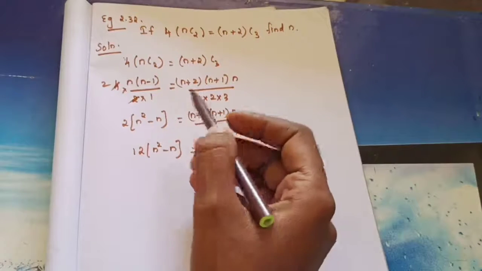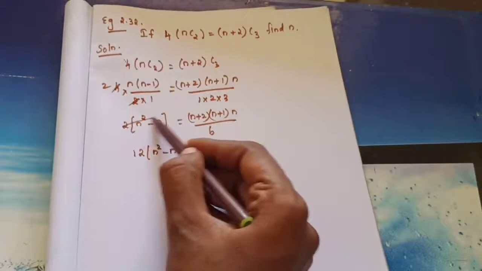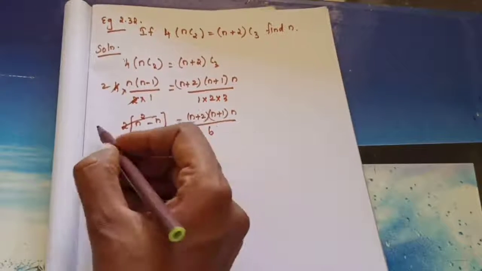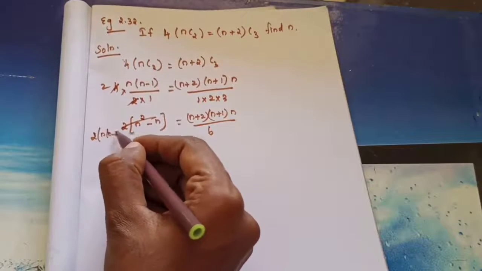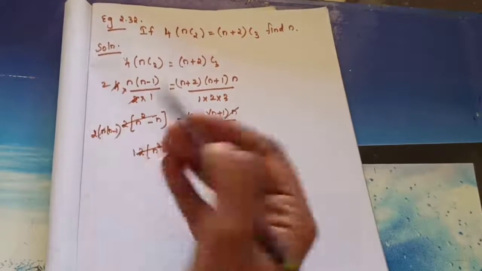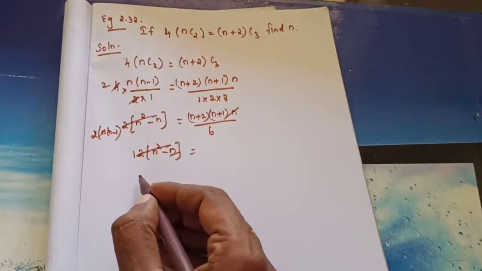Otherwise, one more easiest method is there. You need not multiply inside, you can write it the same way, then it will be cancelled. So n into n minus 1, same you can write it, this n and n will cancel and go, so it will be very easy to simplify.